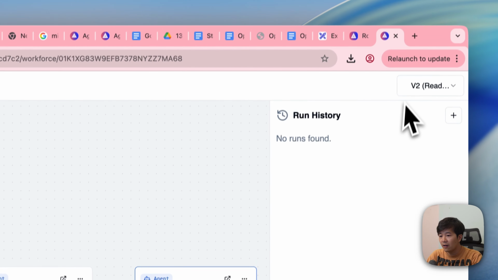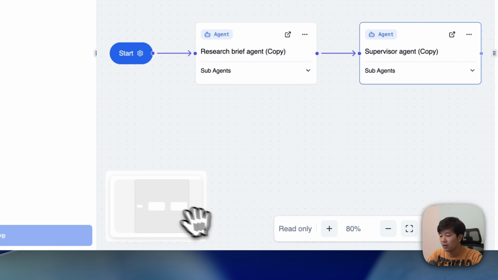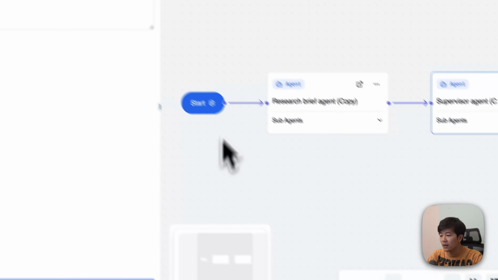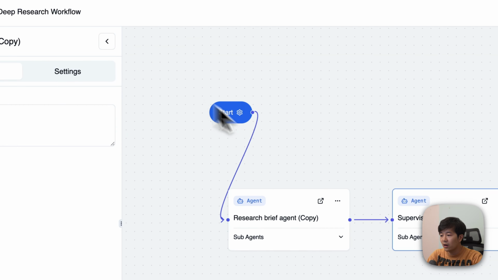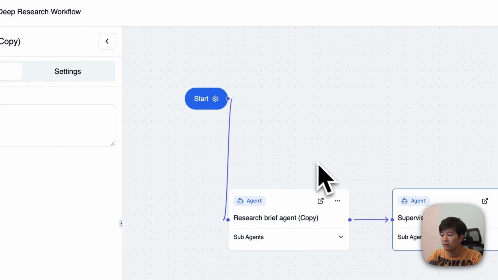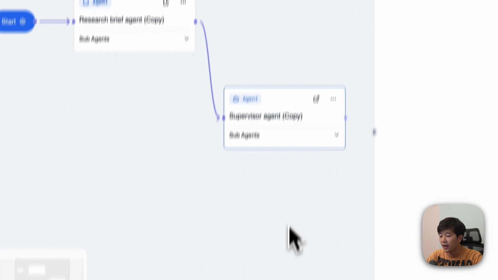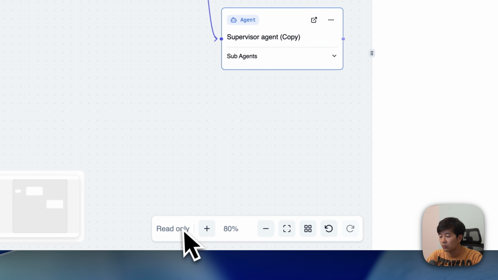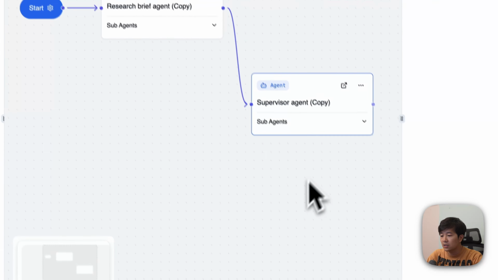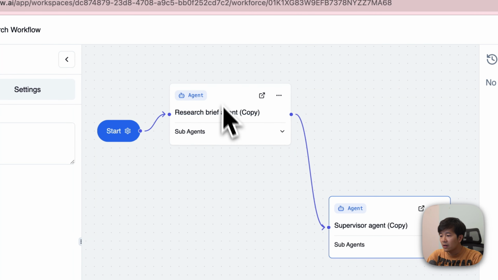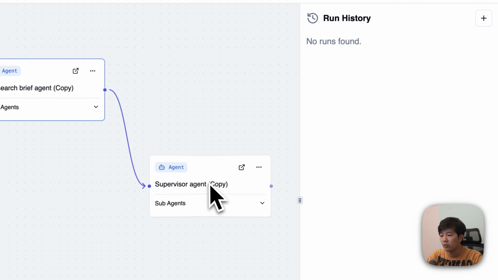I think for the V2 UI, we worked on a lot of things, and we believe it is going to be much more user friendly for you to build a very complex workforce. So you can have an agent here, and you can add a new agent. Right now it is read only. We're still cooking on this part, but basically, whatever you can have in V1, you will find in V2